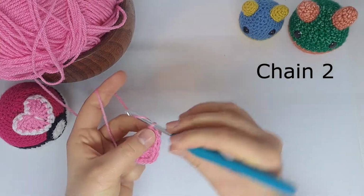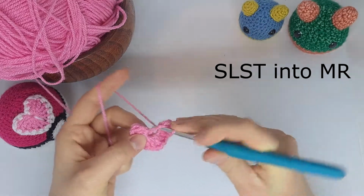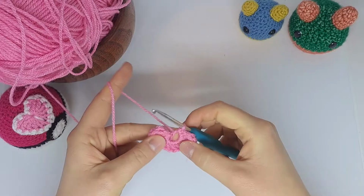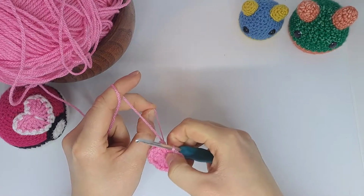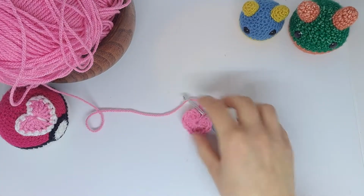Next, I'm going to chain 2, and then I'm just going to slip stitch straight into the centre of the magic ring, just to bring the heart neatly to a finish. I'm going to tighten my magic ring. I'm just going to take my scissors and snip off